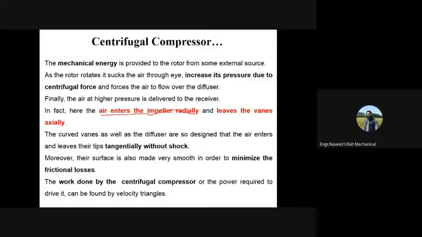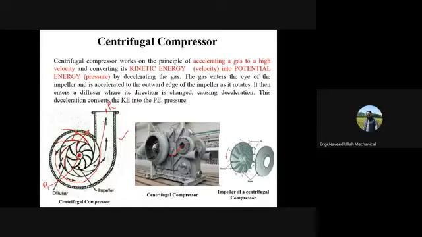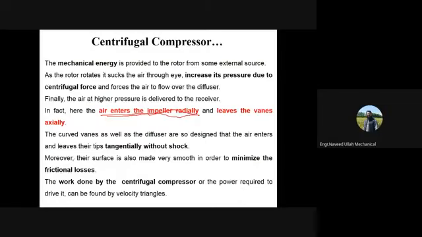Now here what they are saying is that air enters the impeller radially, right? तो अब इस radial के क्या मतलब है? Radially actually means this thing, right? That this is the eye and this is the impeller. So this is a radial entry. You will see in the velocity diagram what we actually mean by this radial entry. And it leaves the vanes axially. The curved vanes as well as the diffuser are so designed that the air enters and leaves their tips tangentially without shock. We will also talk about this shock wave production at some point,